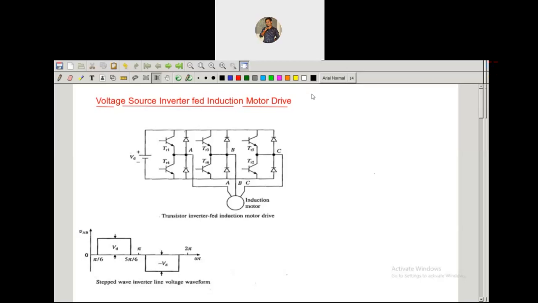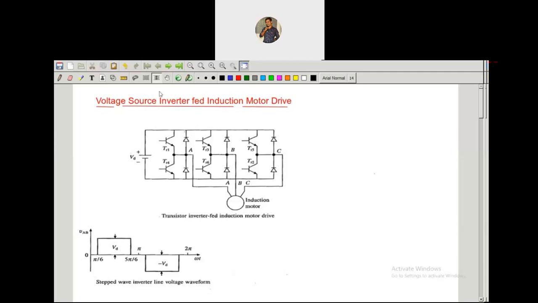So here, how are we going to achieve that variable voltage and variable frequency? We need to get the speed-torque characteristics of the induction motor with variable voltage and variable frequency. We discussed that we can achieve that by using voltage source inverters or cycloconverters, right? We use voltage source inverters for low and medium power applications. Coming to the cycloconverter, we go for high power applications, like cement mills or locomotives.